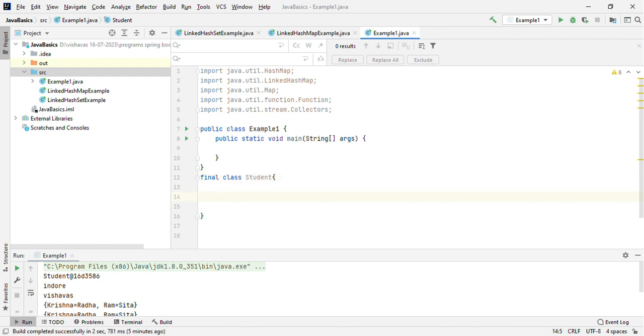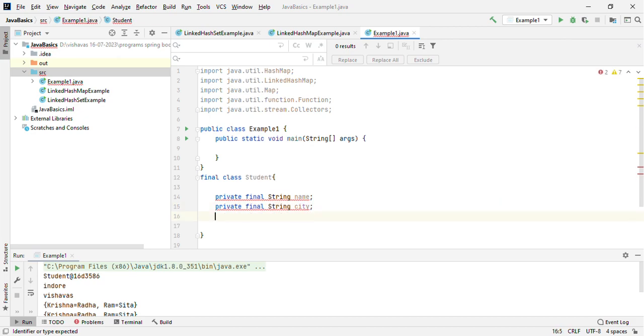The second step is to define all the variables as private. Why private? Because it is not accessible from outside of the class. And final means once the value is assigned, its value cannot be changed. So all the variables should be private and final. Private because we don't want other classes to see this variable, and final means it's not modifiable once the value is assigned. Okay, so let me create two variables, like name, and then one more variable,